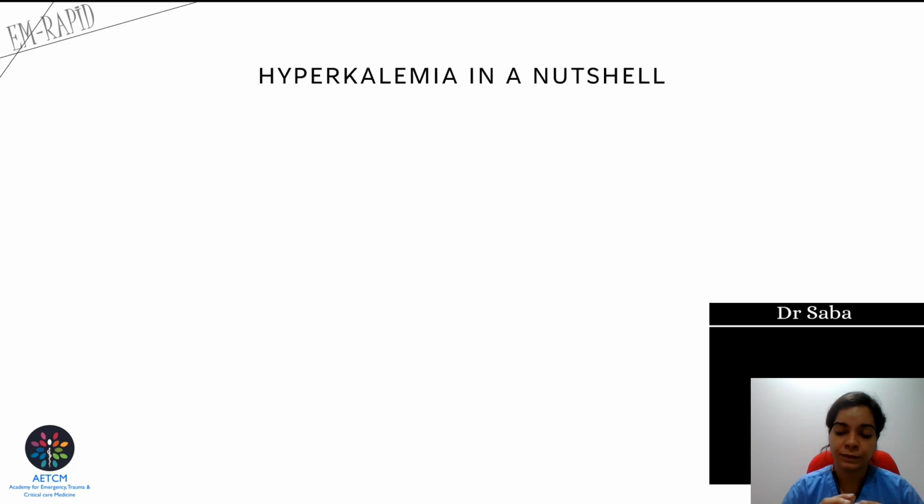So when we treat hyperkalemia, it is again divided into three major headings. One are the protectors, the membrane stabilizers, calcium chloride and calcium gluconate. Second component would be the shifters like sodium bicarbonate, insulin, and beta agonists like salbutamol and albuterol, and the third component would be the excretors like your diuretics and hemodialysis. So under protectors, shifters, and excretors, we treat